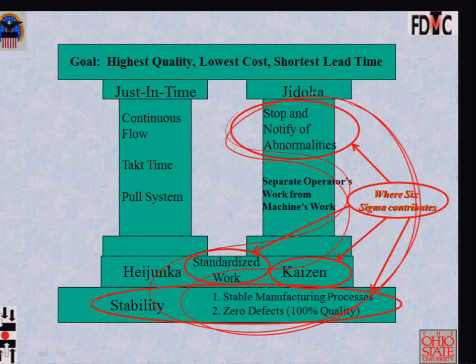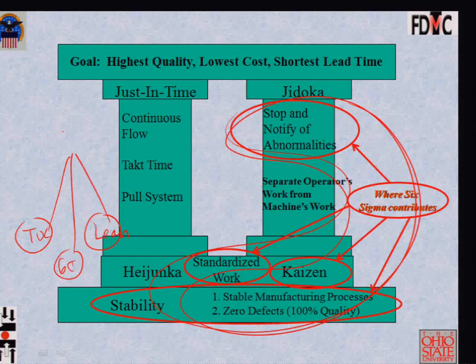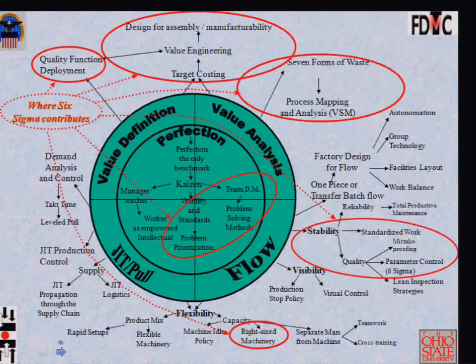But still, I believe Six Sigma, but just being an industrial engineer, I think Six Sigma is needed. So is theory of constraints, so is Lean. But again, industrial engineering, if I were to draw a pyramid, if this was TOC, if this was Lean, if this was Six Sigma, I'd kind of put them as the base of the tripod, and this would be industrial engineering. I just think that we need to get beyond that, and that the Toyota production system really is a clarion call to the industrial engineering community to kind of rethink what they teach and do. Once again, in the Toyota production system, where I see Six Sigma naturally contained,